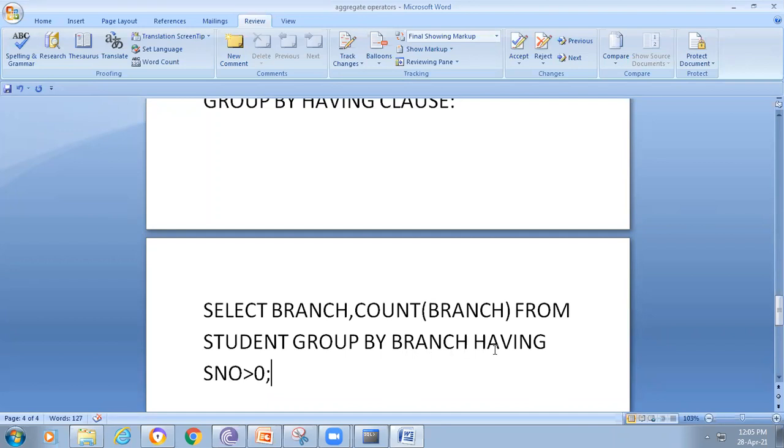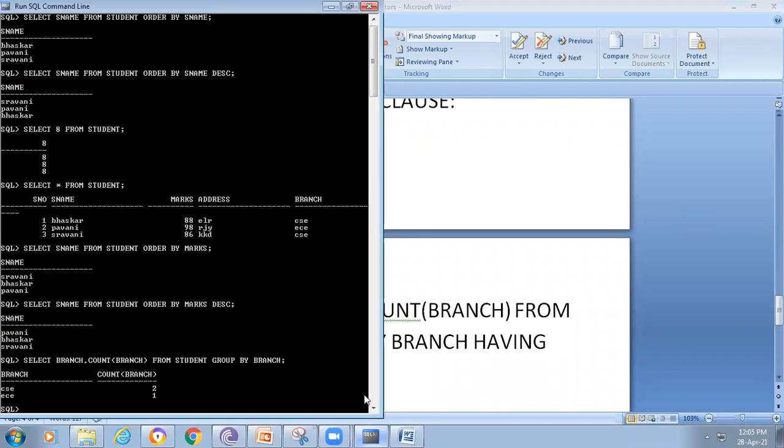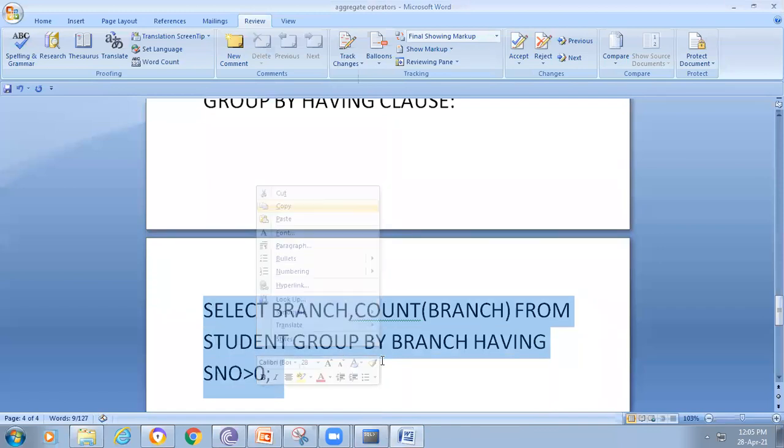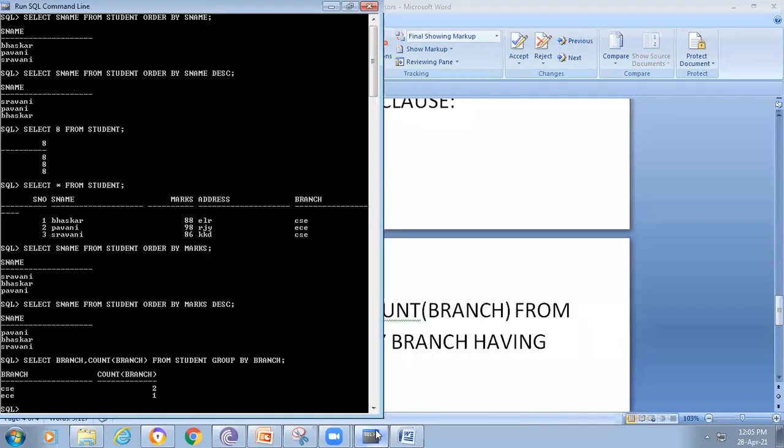Surely, definitely the student number is greater than 0. How many student numbers are greater than 0 here? 3. Am I right? Just try to see now. Simply I paste the command from here.